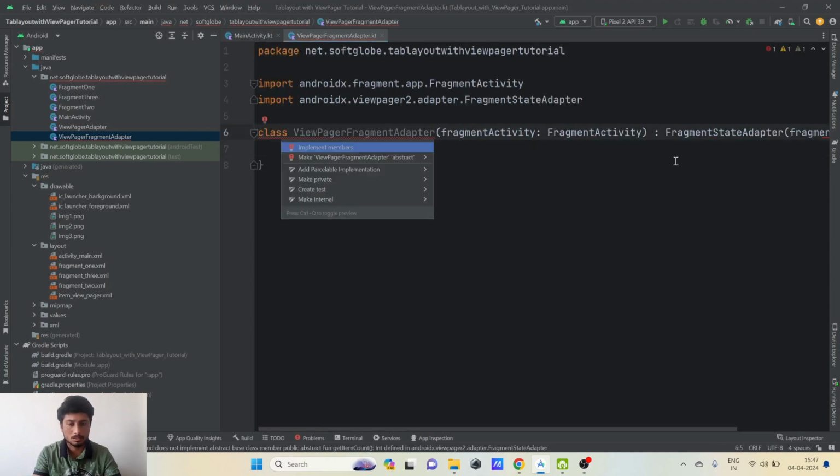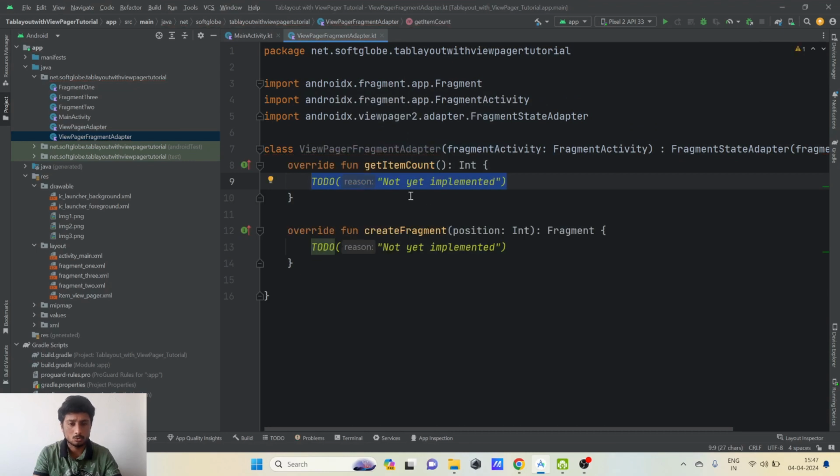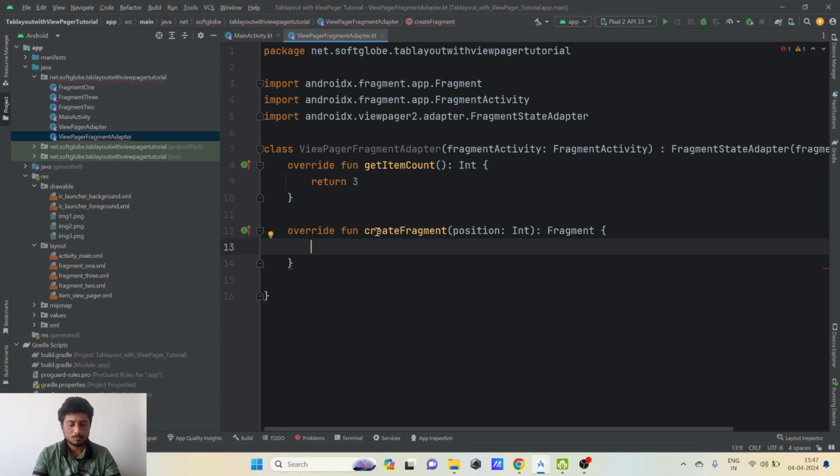Now this needs some methods to be implemented. There are two methods. getItemCount: as we will be creating three different types, we can just return a hard-coded three. And createFragment is the method responsible for taking the position of the selected tab and returning the respective fragment to show to the user. Here we can also apply a when case. When position